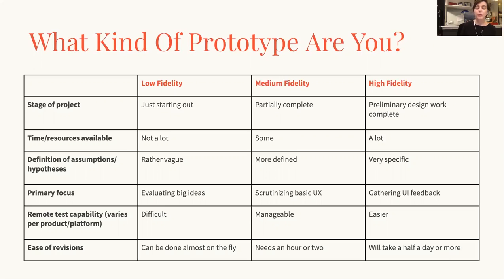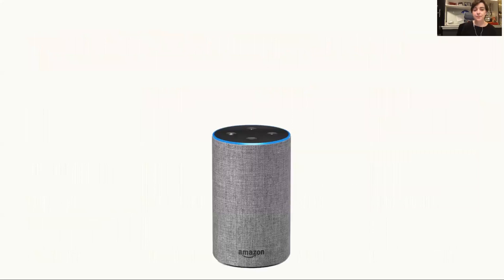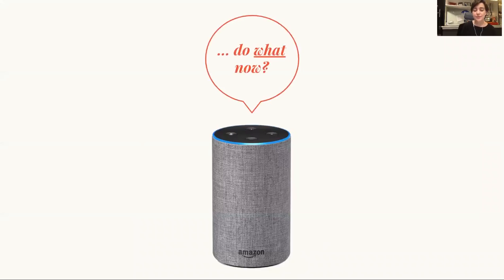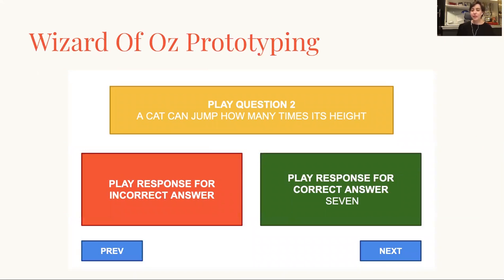But sometimes you'll have a project that is tough to prototype at all. An example of this: I was asked to prototype an interactive audio quiz on Alexa, but the project was so top secret that the prototype couldn't be shared on third-party software, and it had to be done completely in 2 weeks. It's not very much time to put a prototype together, especially if it's something very new and experimental. So after thinking about it quite a bit and tinkering around at different places, this is the prototype we used.